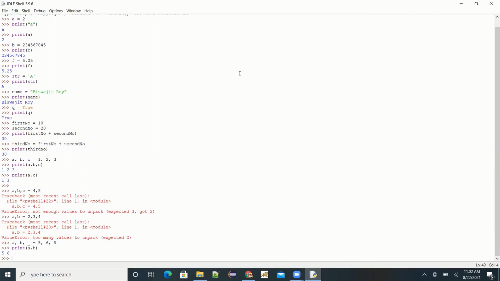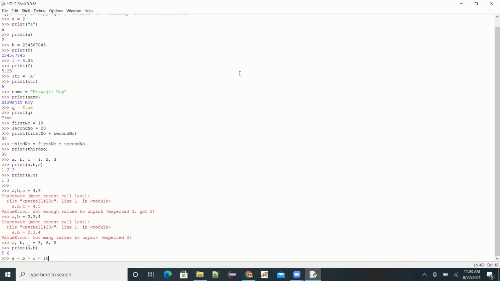We can do one more thing. Another trick is to assign the same value to multiple variables. How can we do it? So here we want to assign the same value to 3 different variables. So we will do A comma B comma C. Here A, B, C are our variables, and we want to assign 10 to each of those variables.